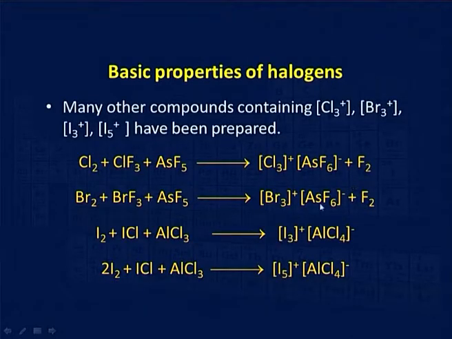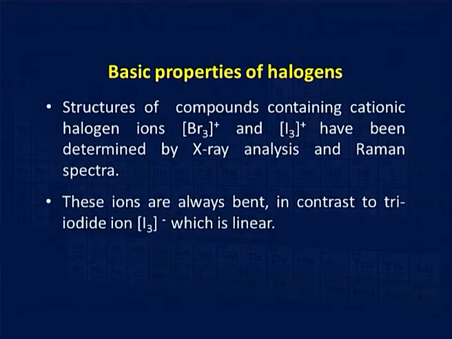Many other compounds containing trichlorine positive ion, tribromine positive ion, triiodine and pentaiodine positive ions have also been prepared. This is the presentation of the various reactions involved in how the trichlorine, tribromine, triiodine and pentaiodine positive ions have been prepared. The structures of compounds containing cationic halogen ions like the tribromine cation and triiodine cation have been determined by X-ray analysis and Raman spectra. These ions are always bent, in contrast to the triiodide ion, I3-, which is linear in